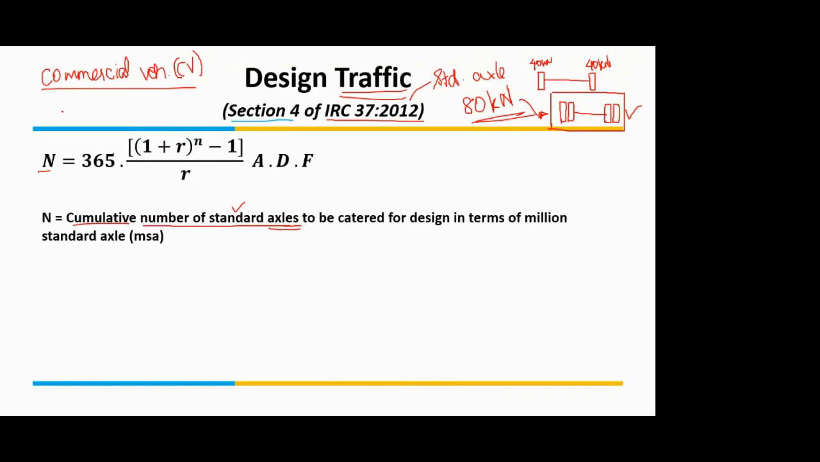Yeah. So if you open this IRC code, IRC 37:2012, and go to clause number 4.1.2, this is the clause in which they have given a statement that only the number of commercial vehicles having gross vehicle weight of 30 kilonewton or more and their axle loading is considered for the purpose of design of pavement. That is what I'm talking about. In commercial vehicles also you have a lot of commercial vehicles, but those vehicles whose gross vehicle weight